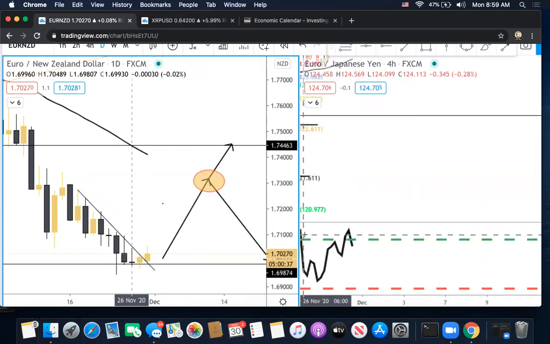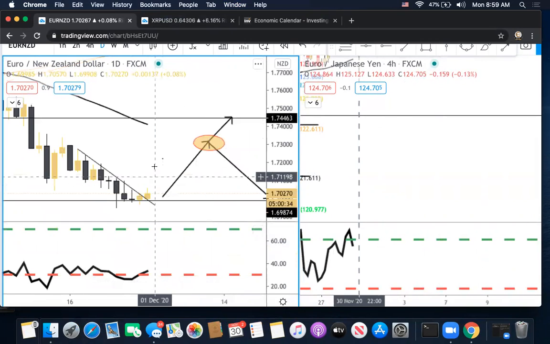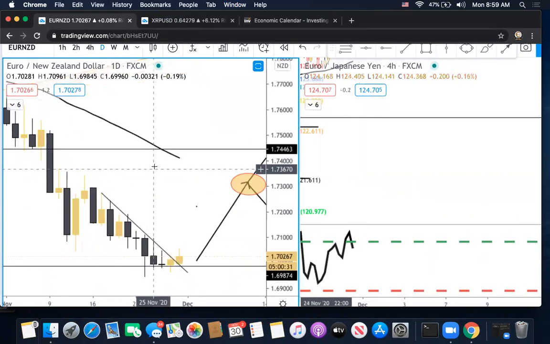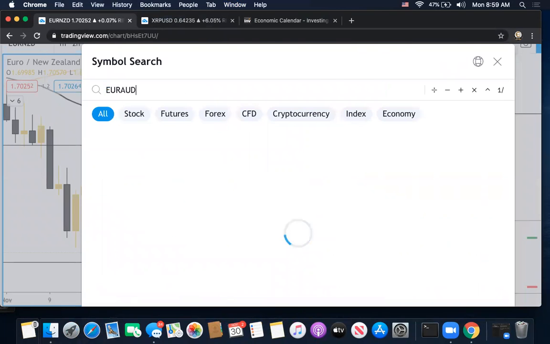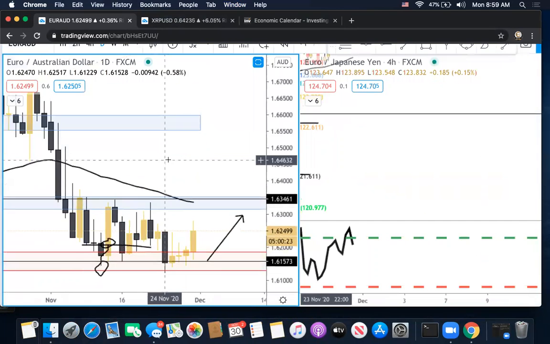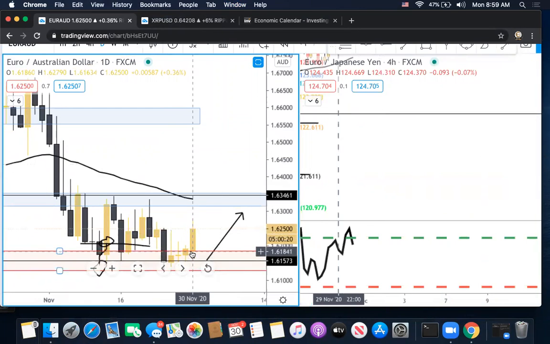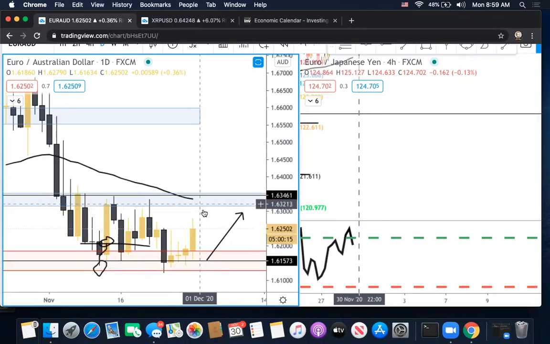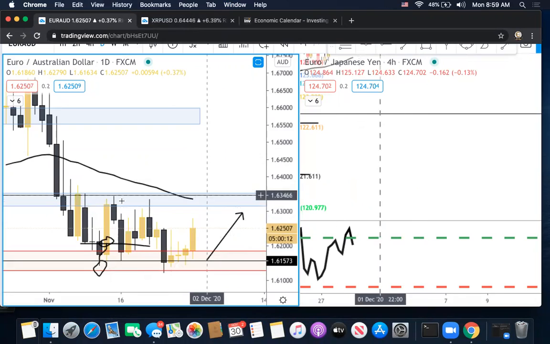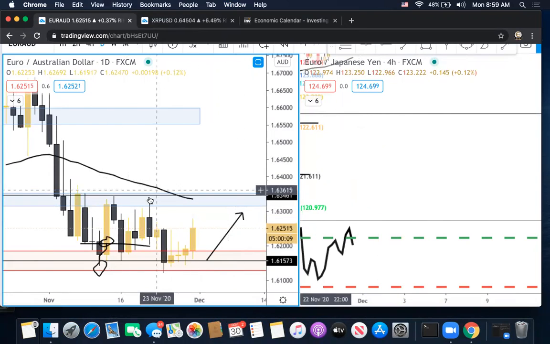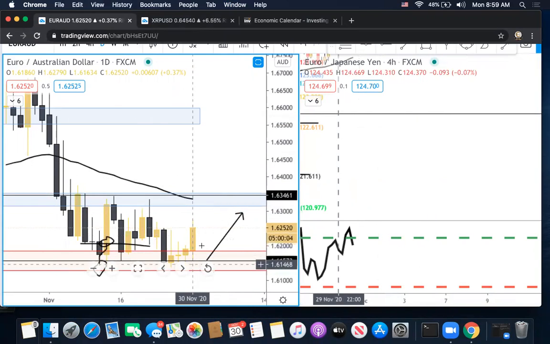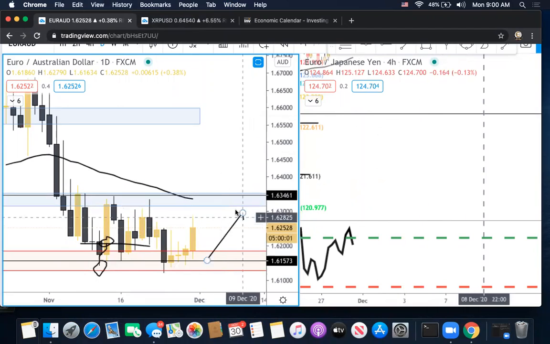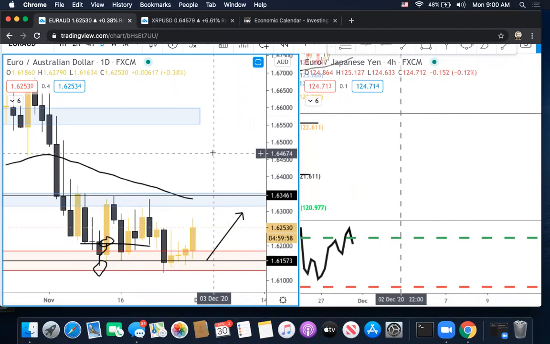That was the last pair anyway. Euro NZD. Oh no, Euro AUD was the last pair. I just went over this. So overall, I need to see Euro AUD break above 1.625. I expect it to reach 1.63, and then if we could break above this region right here, then overall we could see the market possibly push up another 100 to 200 pips to the upside. But I see the market for sure retesting this region anywhere between 1.63 to 1.635.